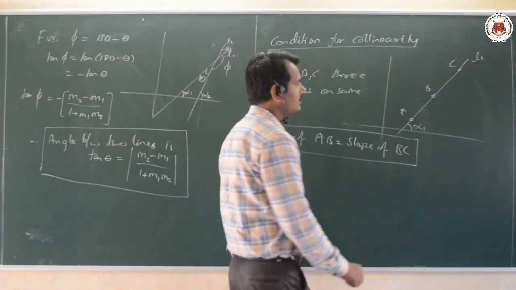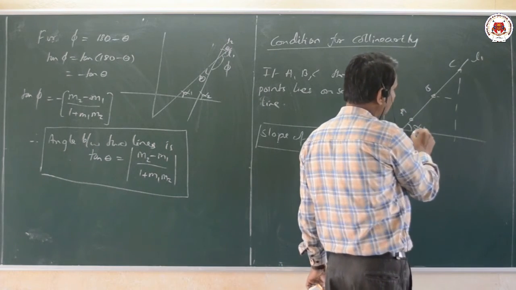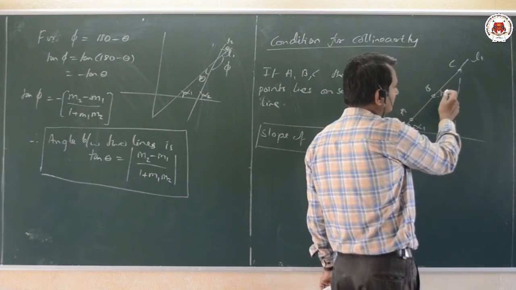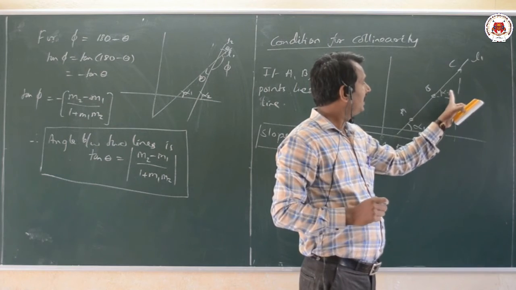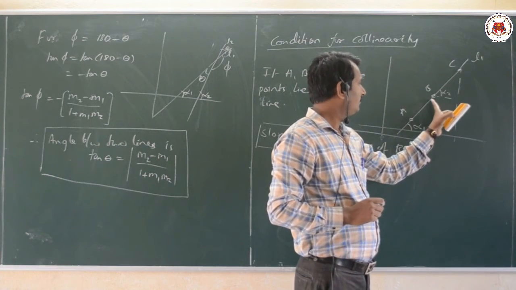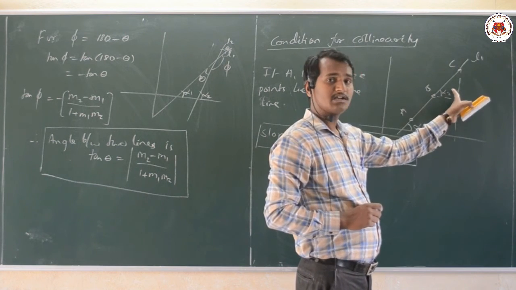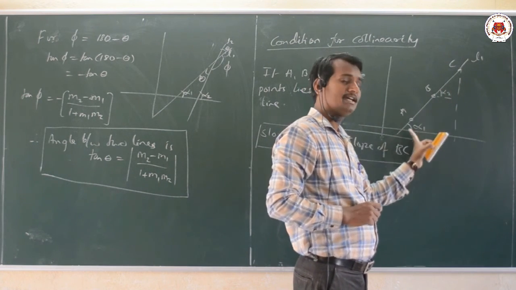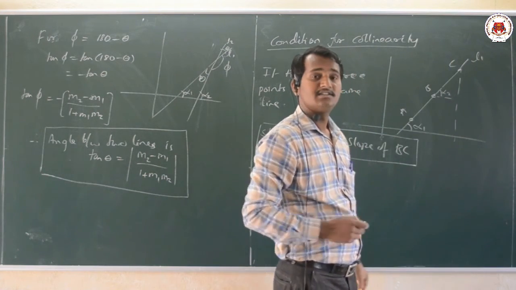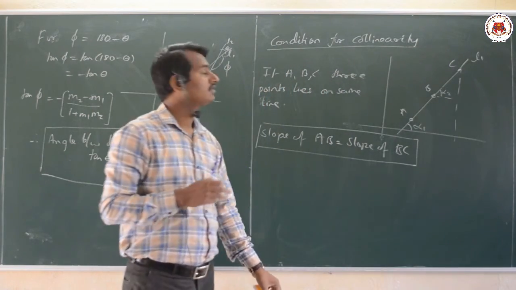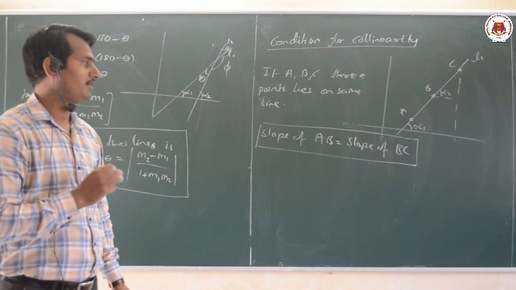How we are solving it is very simple. I will mark the lines here. Here it is alpha 1, you can take the other as alpha 2. Since both the angles are the same, the first line AB will have slope m1 and the other m2, and since alpha 1 and alpha 2 are the same, both lines have the same slope. Slope of AB is equal to slope of BC; that is our condition for the collinearity of three points.